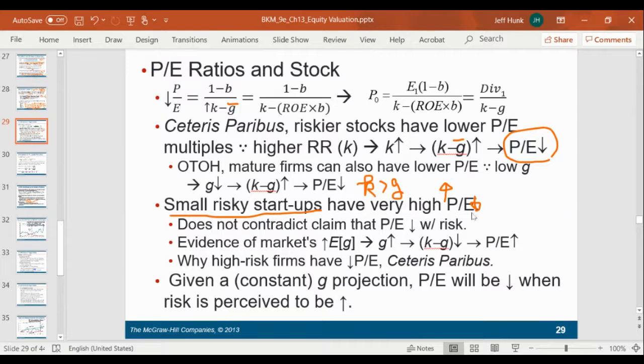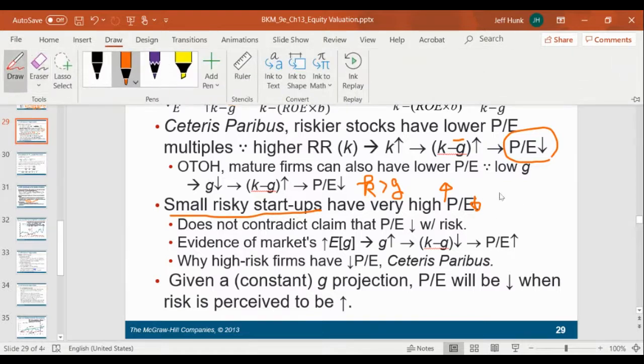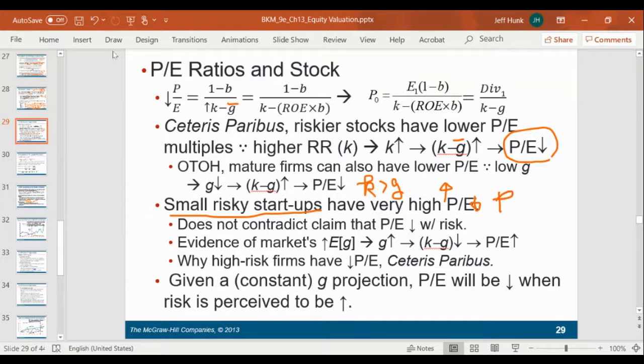In other words, making no profit means no earnings, right? But because of growth potential, because of PVGO,